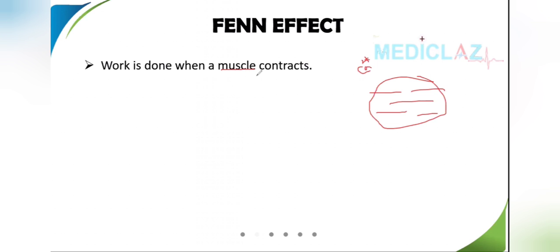But you see here, this muscle contraction requires energy. Whenever you're going to do some work, these contractile filaments have to contract. So for that, it requires energy. That energy is derived from ATP. You all know energy is required for the work to be done. It is derived from the ATP.